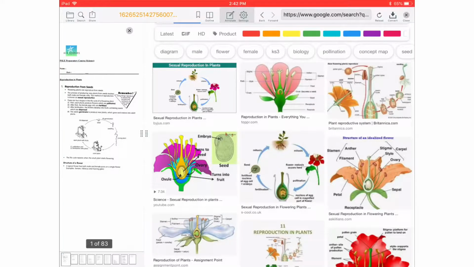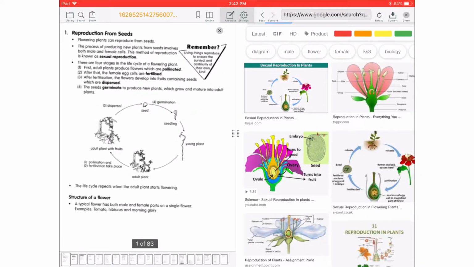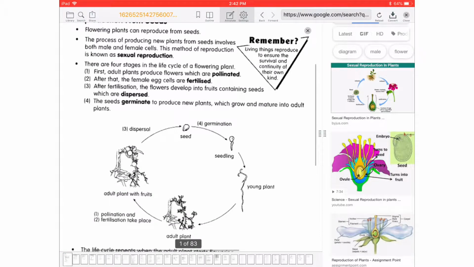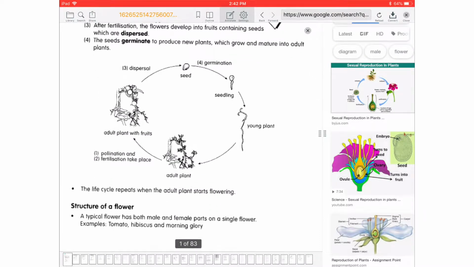Begin the class, right? So this is the first thing we talk about: the reproduction in plants. Okay, the reproduction in plants. So now looking at the notes, it basically looks something like that. Now the first thing we need to understand is the